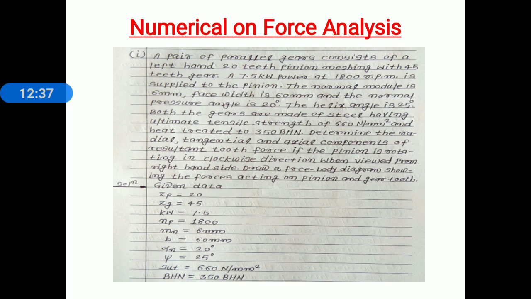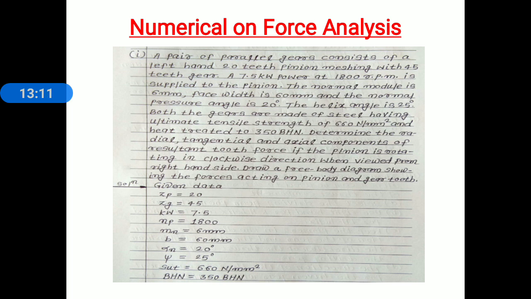Now after collecting the given data, when we solve a problem on spur or helical gear, the first step in solving is that we decide the weaker between pinion and gear. We already discussed in spur gear how to decide the weaker. If both the materials are the same, the pinion should be weaker. That is the first case. Second case, if the materials for pinion and gear are different, what do you do? We find the product of bending stress and Lewis form factor for pinion and gear, and the lesser value is treated as the weaker. These are the two cases for deciding the weaker.